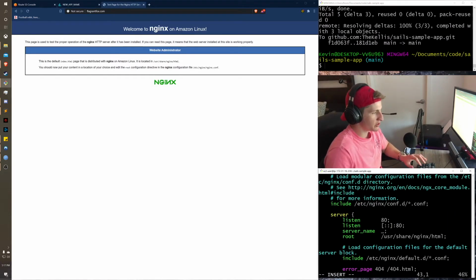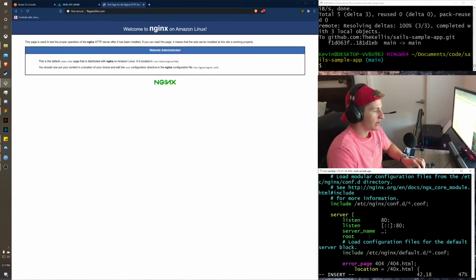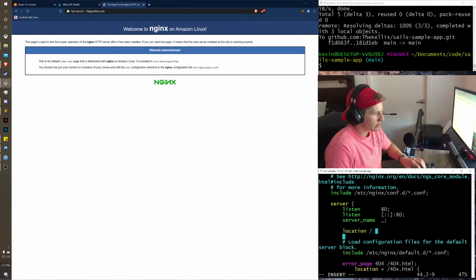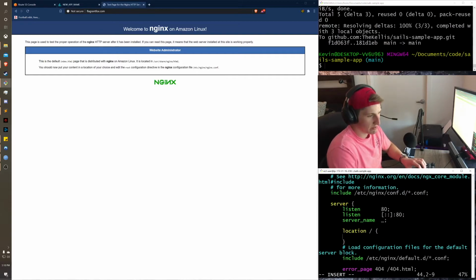Mostly what we need to do is change this root rule here. So we're just going to delete this and get rid of the root rule. And we are going to do a location. So we're going to say on the root path, we're going to open and close our curlies here. We're going to put in between it a special couple of things. Most important is proxy_pass, which just means that we're going to pass all traffic that hits slash